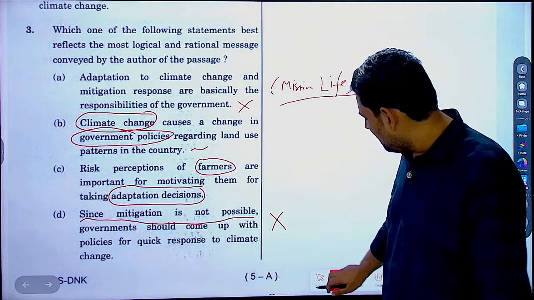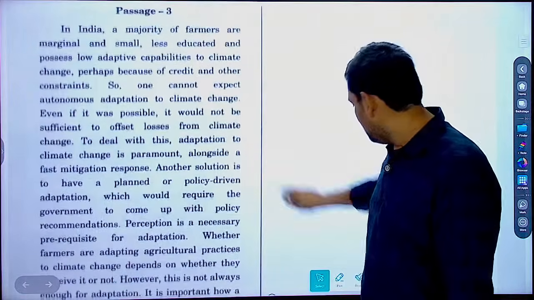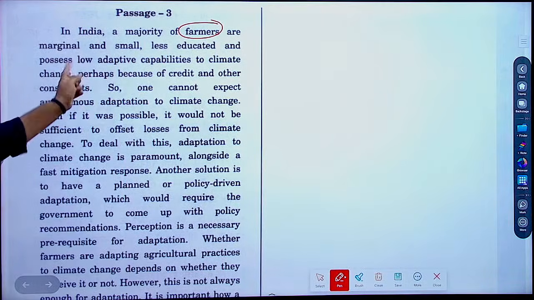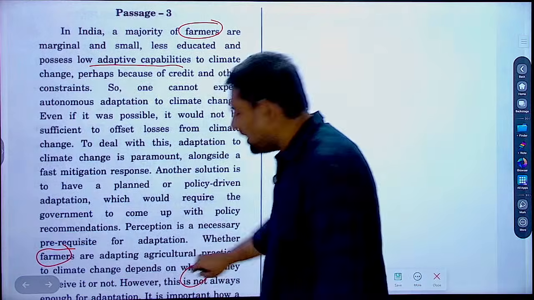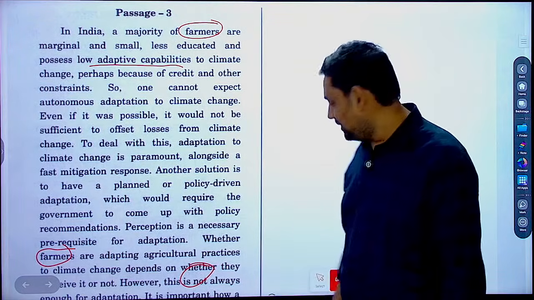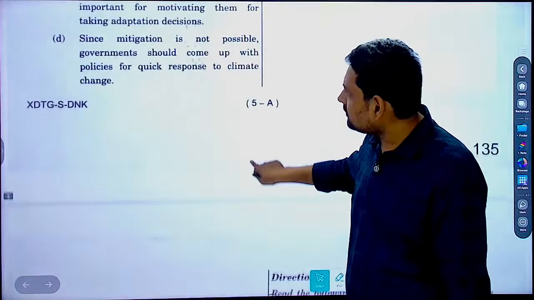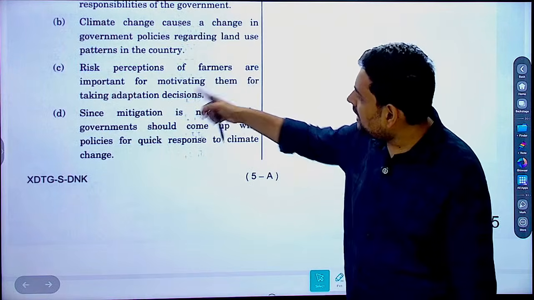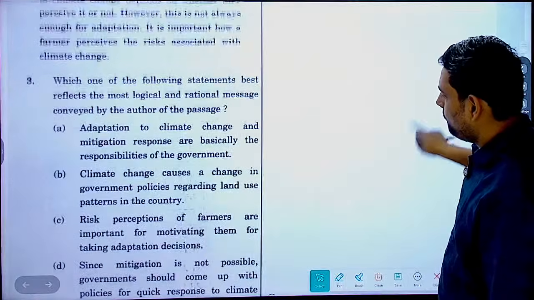Now if you read the passage, it is all around farmers. See, in India, a majority of farmers do this. They have low adaptive capabilities. Then here also you will find farmers. Then one more time you will find farmer. So it's farmer. It is not about government policy directly. So answer becomes C. That is, risk perception of farmers are important for motivating them for adaptation decisions. Then next